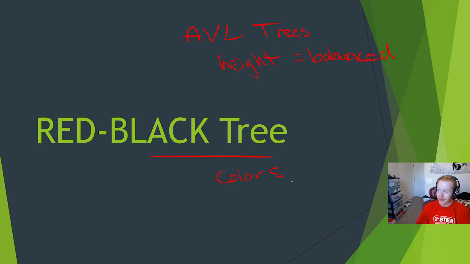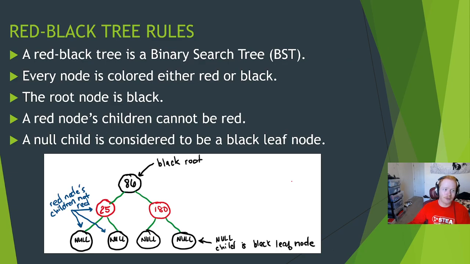I don't have code to show you for this, so Google it, check iBooks. So red-black tree. Couple rules we have to put down. A red-black tree is a binary search tree. Every node is either red or black. The root has to be a black node. A red node's child cannot be red. So, if we want to write these rules out, BST,